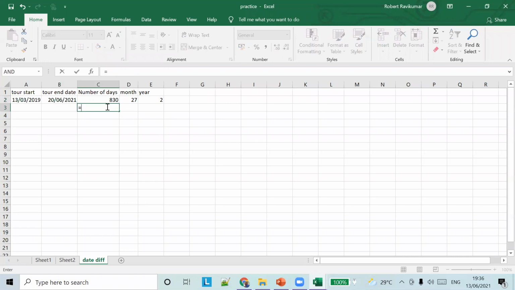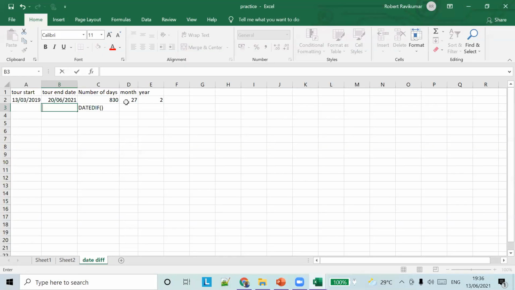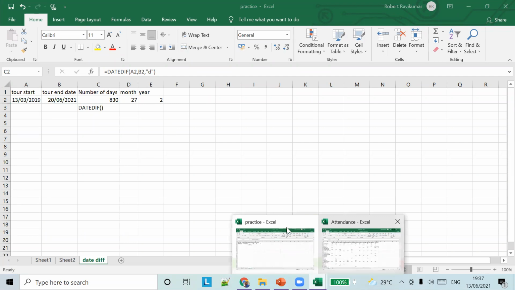Okay. So the formula is DATEDIF, start date, end date, and the unit of conversion. So that's how you do it. So similar to this, right? You can find the difference between the current date and any date. Okay. So instead of the first parameter, you can give the current date, or you can pass a date parameter, all these things you can do. So is that clear? இது clear இருக்கா?